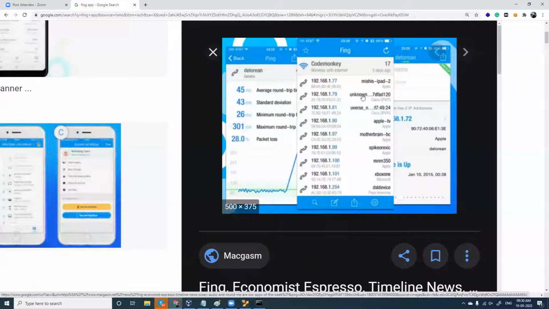See, when you open the app, it is going to give you the name of the Wi-Fi to which you are connected. And see, it is giving you the IP address and MAC address. You get a lot of details like this. How many devices are connected? You can use this for a good purpose.